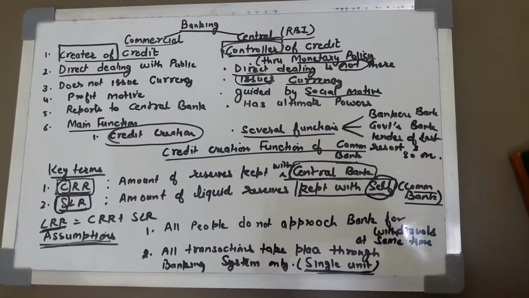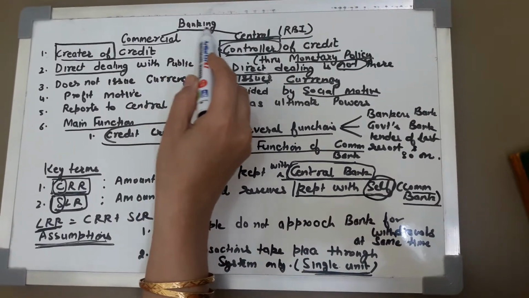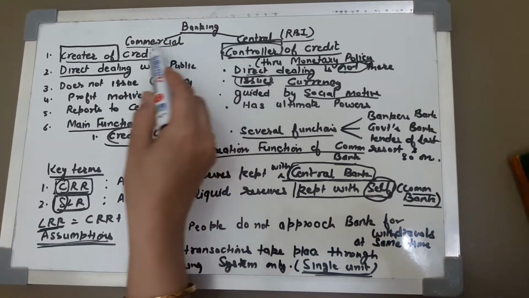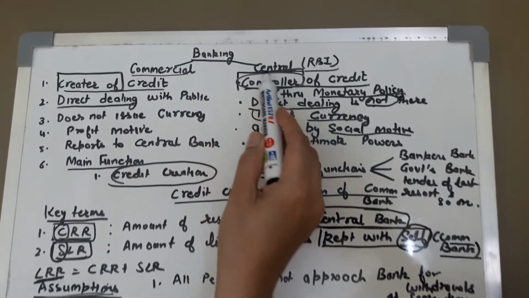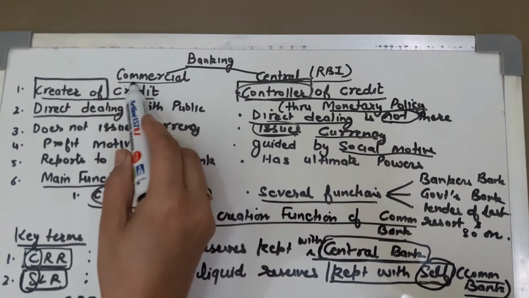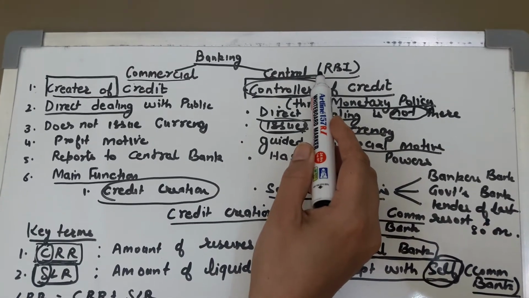Now we will review our work done yesterday. We had discussed regarding banking. I told you there are two types of banks. One is called the commercial bank and the second is called central bank. To start with, we will do the differences between commercial bank and central bank and then go over to the